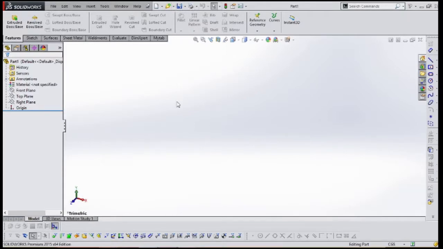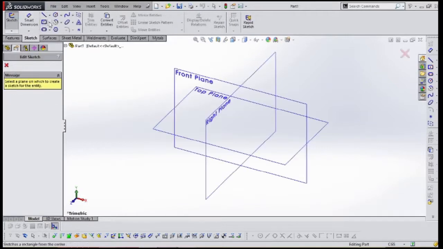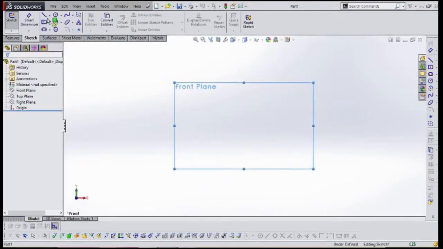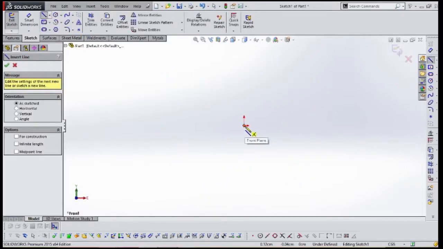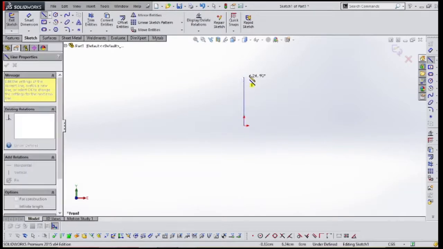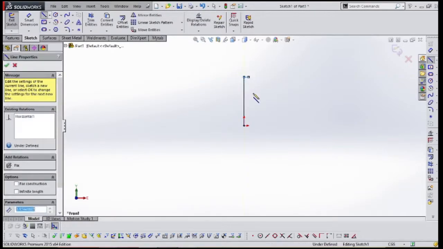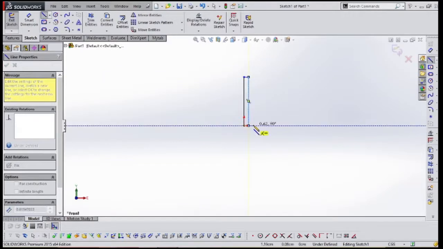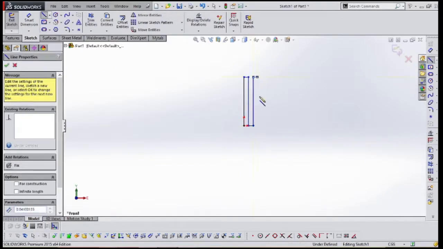Okay, in the standard toolbar I want to tell you the useful options. So first of all, when you draw a sketch, a simple sketch I will draw, I will not explain these options, I will explain later how to select this plane, everything. First I am drawing a simple sketch so that you will understand how to use these options first. Later on we will move to the sketch tools. In that session I will explain every sketch tool. Okay.